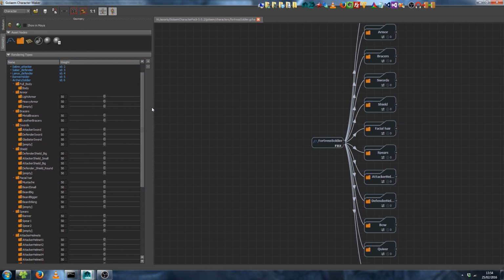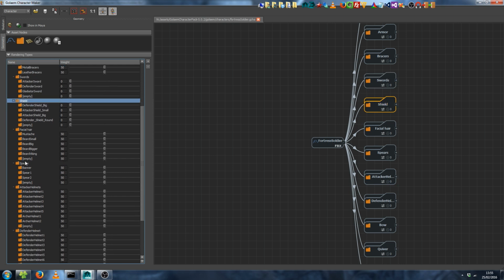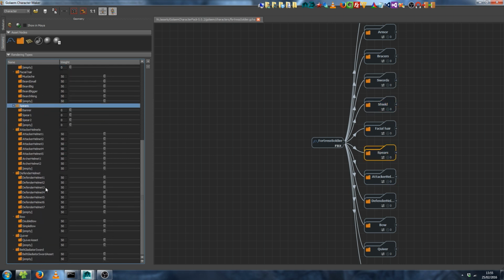Everything is set up to 50, but it's really up to me to define what do I want into my character. So I don't want to have any swords, so let's remove the swords group. Don't want to have any shield neither. I don't want to have any spears. Helmets are okay. And speaking about bow, here there's an empty choice into the bow, which means your characters will